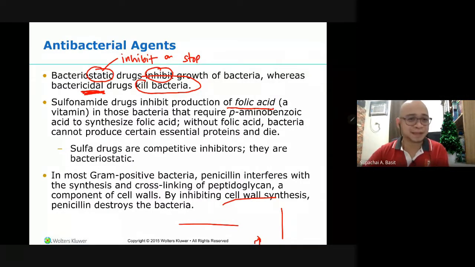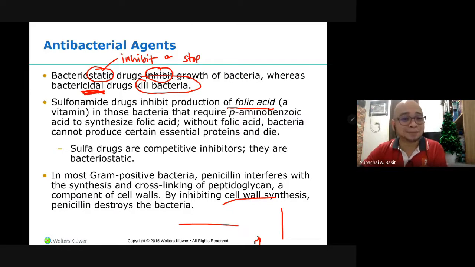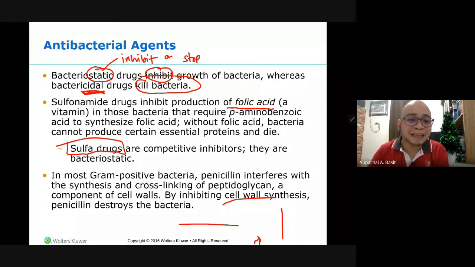Sulfonamide drugs can inhibit the production of folic acid, which is a vitamin, in those bacteria that require para-aminobenzoic acid to synthesize folic acid. Without folic acid, bacteria will not be able to produce certain essential proteins and eventually they will die. So sulfa drugs are not bactericidal. They are merely competitive inhibitors. They will not even kill the bacteria. They are bacteriostatic, meaning to say